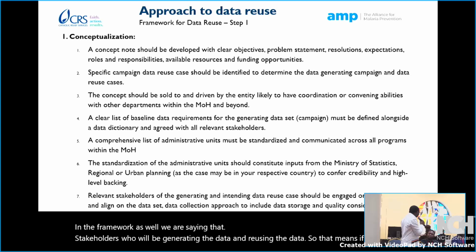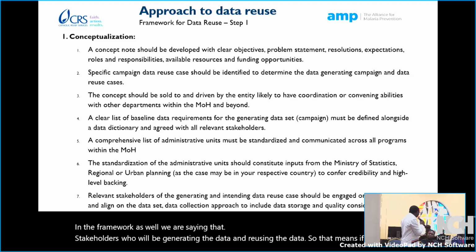So it is best to institute a committee that is higher placed than the NMCP and other programs, which could decide and guide on the use of the data and the management of the data as well.